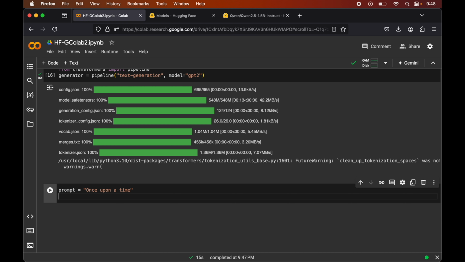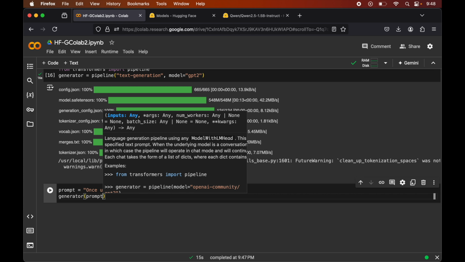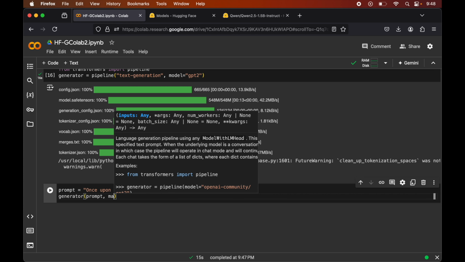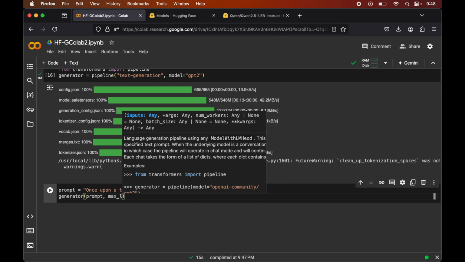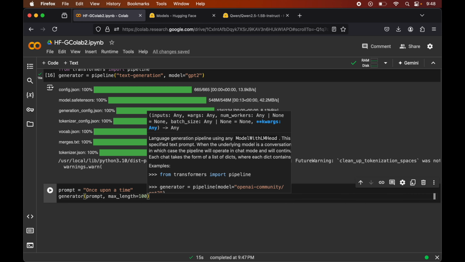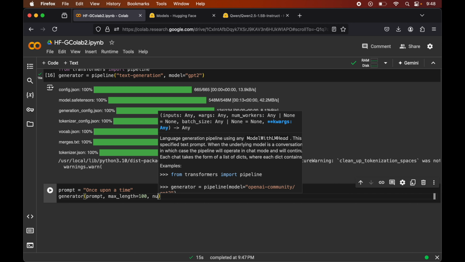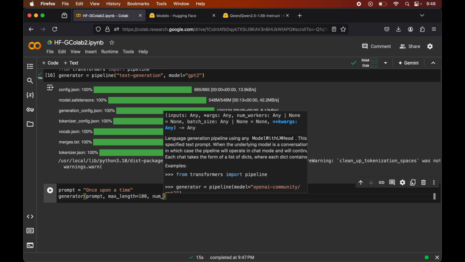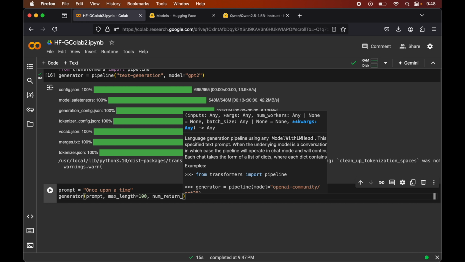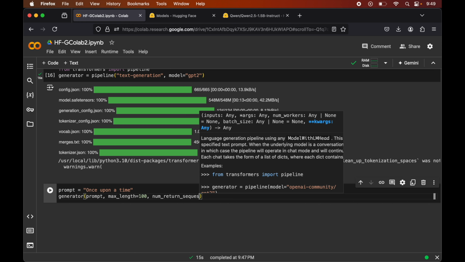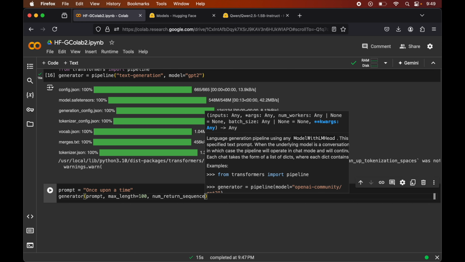Now we will call this generator, and inside it we will pass this prompt. Then we will define the max length, so let's keep this 100. We will also define one more parameter, which is the number of return sequences, and we will set it to 1.